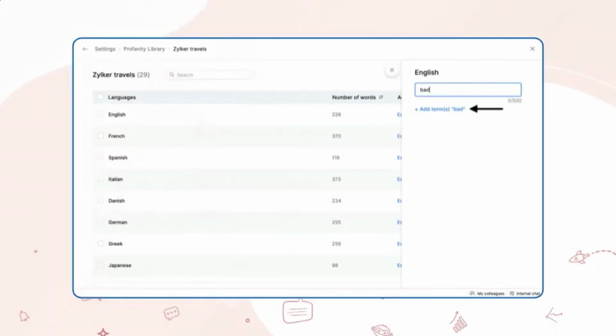So then you have the profanity library. So when there are hundreds of chats coming in, your operators can be accompanied or replaced by bots, but you need to make sure all of these chats are kept professional. So to keep all the chats on your portal professional, we have a feature called profanity library. So this lets you add more terms to your library.